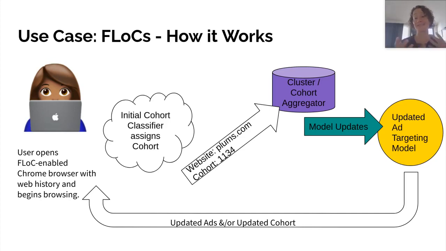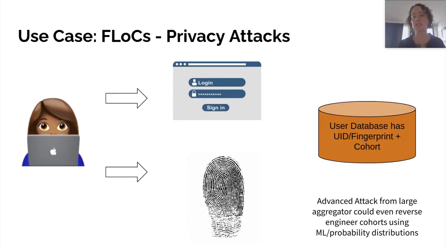This is a kind of higher level philosophical question, which we won't have time to answer today, but it's interesting to think about what qualities you would want or be comfortable with being aggregated for your cohorts. Google already said that medical history and sexual preferences would not be included, but are those the only categories? In addition, the Electronic Frontier Foundation, as well as several other prominent technologists, came out and critiqued the FLoC approach